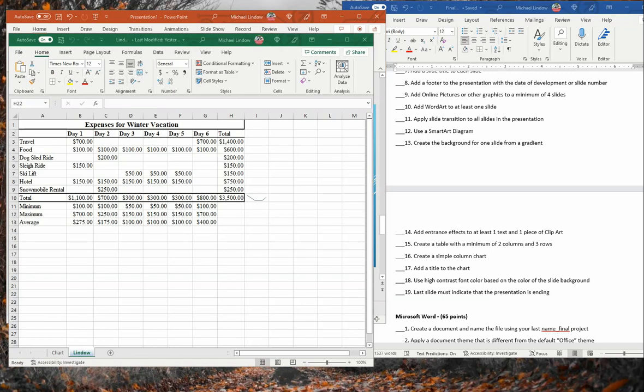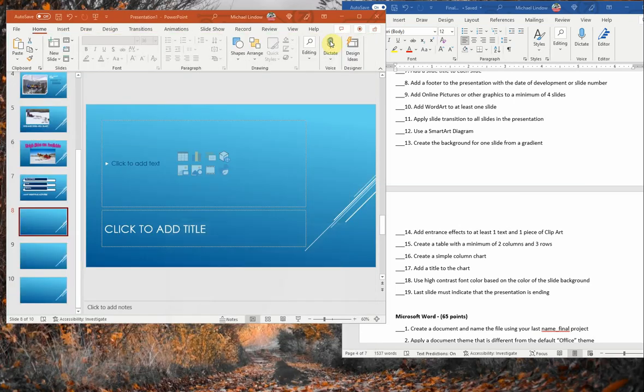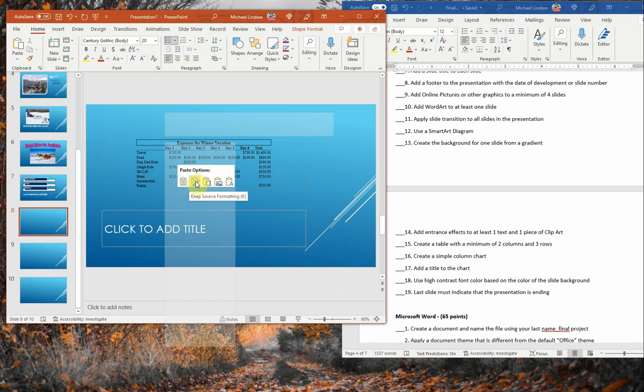Here I've opened my final project with Microsoft Excel, and I'm going to copy this data, and then I'm going to paste it, and you have multiple paste options here for the way you want it to go in. I'm going to keep the formatting,